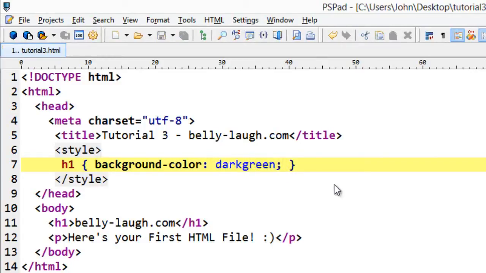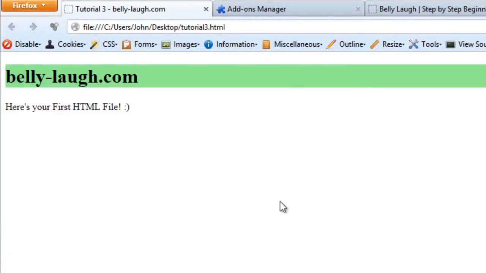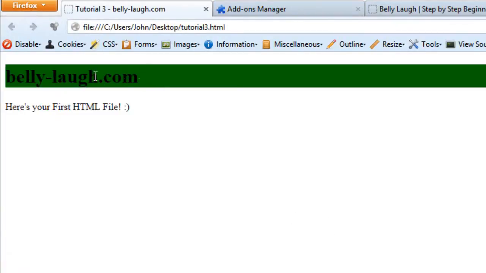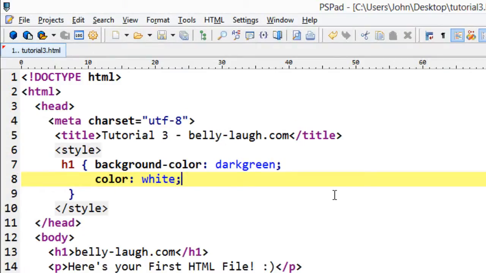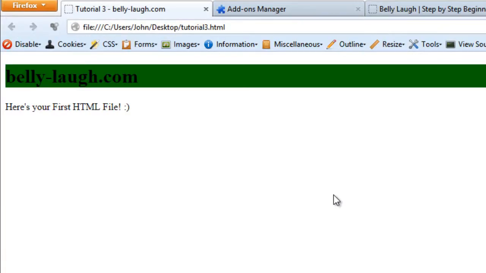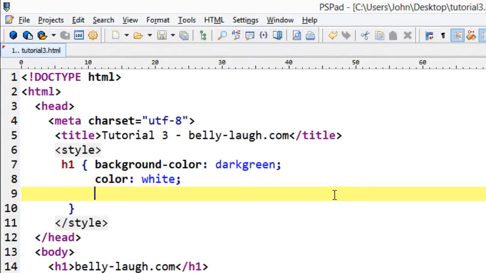And so if I save this and go back to my browser, refresh, you see that this turns dark green, and the text color is white. So you see that now the text color is white and the background color is dark green. Or you could change the font size. For example, you say font size, for example 20 pixel, save it,